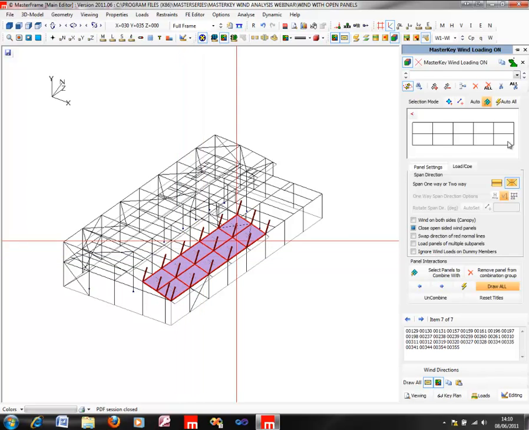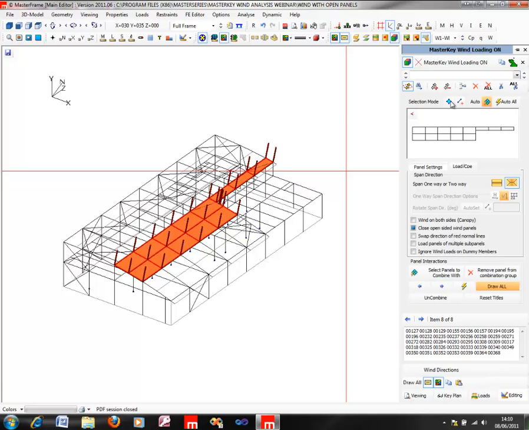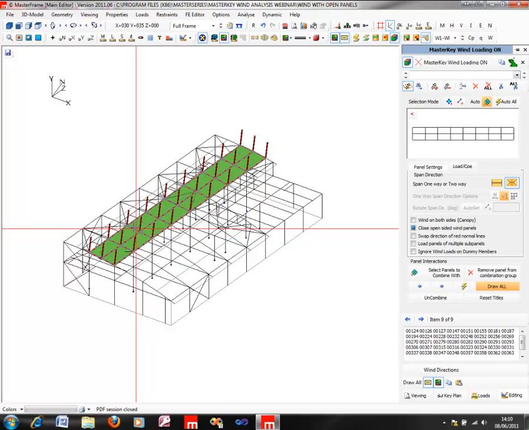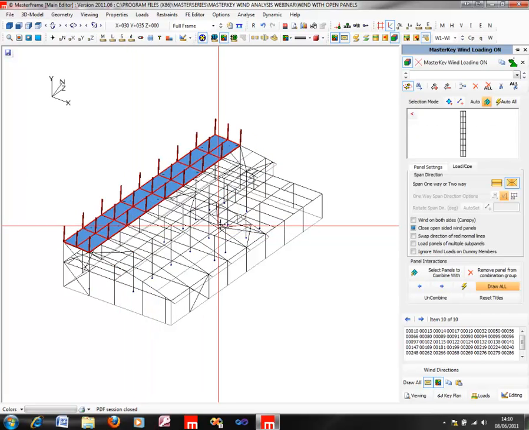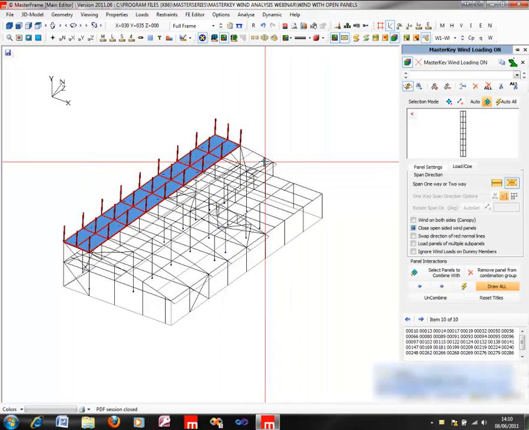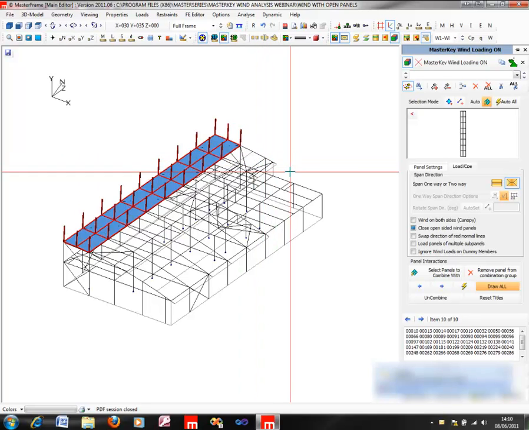So with this auto select mode, you can imagine we could have quickly just clicked on this one surface to define it, as opposed to having to be in an individual panel mode where we have to pick on the panels or window them to define them. So we can do that, and that's our roof panels defined. You might have wondered why, for example, this little surface here wasn't picked up along with the surface that it was attached to. However,